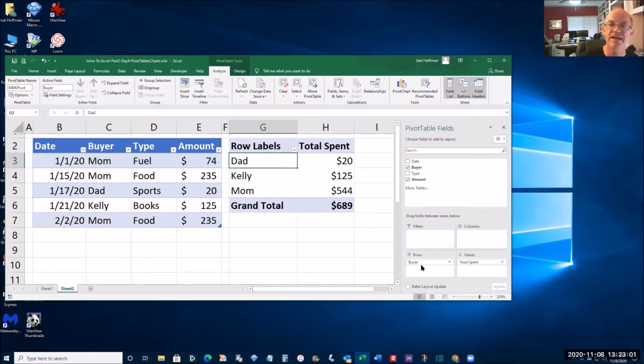It has summarized what Dad's total spend is, what Kelly's total spend is, and what Mom's total spend is. You'll notice Mom has 3 rows over there, and it correctly summed up all of Mom's values as 544. All right, so we still have the same grand total. We've just been able to instantly